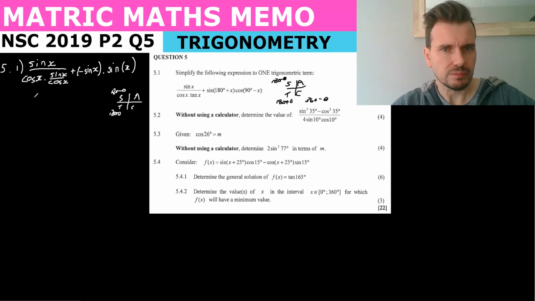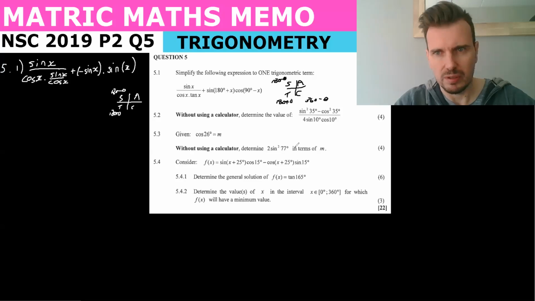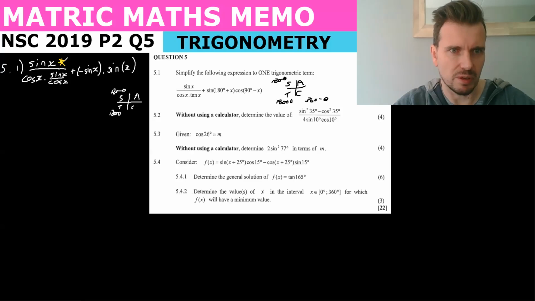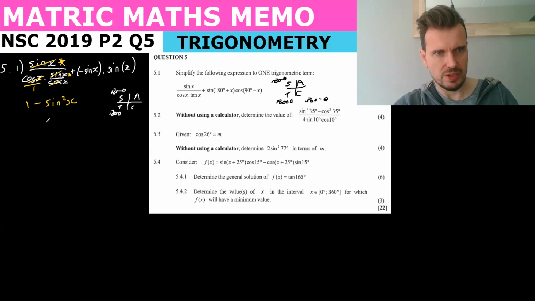And then we've got, now, if something is at the top of the bottom, it can cancel with the top. I don't know if I'm explaining that properly. This is at the top, and if we look at the bottom, this is at the top of the bottom. So basically, they can cancel exactly. And then this is still at the bottom, and this is at the top. So it's like saying 1 over, and then these can cancel too. Because that's like cos over 1 sitting there at the bottom. And so we end up with 1 plus, and this is a negative, so it becomes actually minus sine squared x,